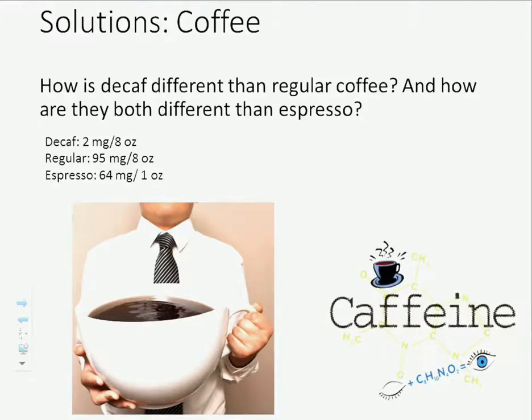So you notice with those two, your regular has, what is that? It looks like 47, something like that, times more caffeine than decaf does, so a lot higher concentration. But when you switch to espresso, how come it's in between? You've got 64 milligrams. That's in the middle of 2 and 95. So how come we say espresso has a lot more caffeine in it? Well, if you do the math, notice